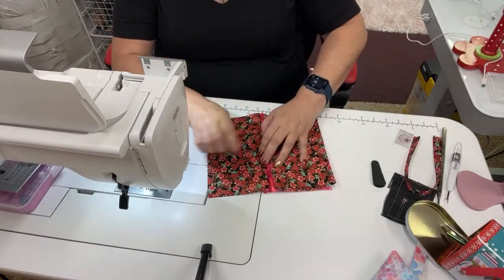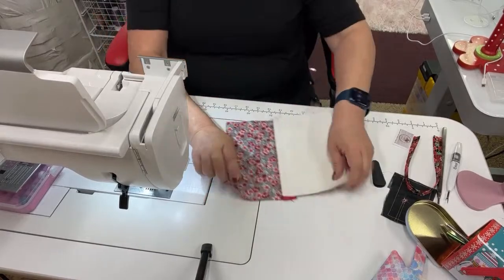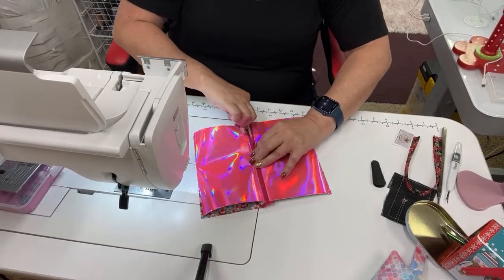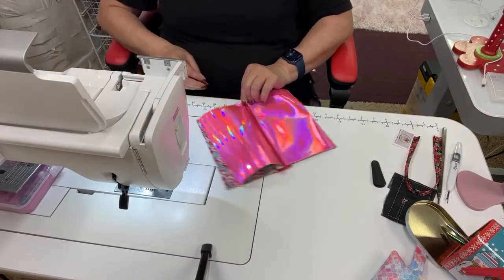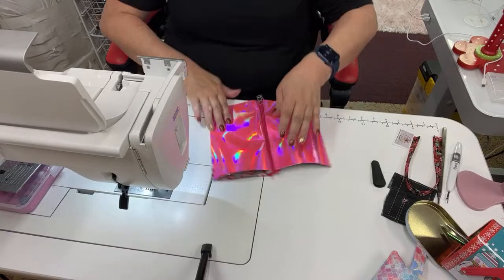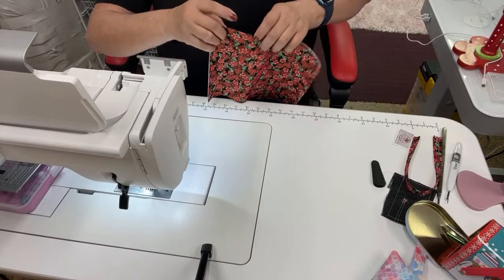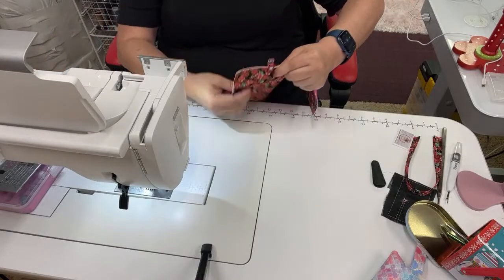And now we are able to open up this lining and press. Okay, and I'm just using my fingers for that. And then we're going to flip this part over, and you can see that we've got that part attached here. And I think I'm gonna put a clip there. And I'm just finger pressing. Now again, like I said earlier, this all depends on what kind of fabric you're working with. So I'm going to do the same thing that I did before, and that is line up my edges here. And that's going to help me keep everything nice and